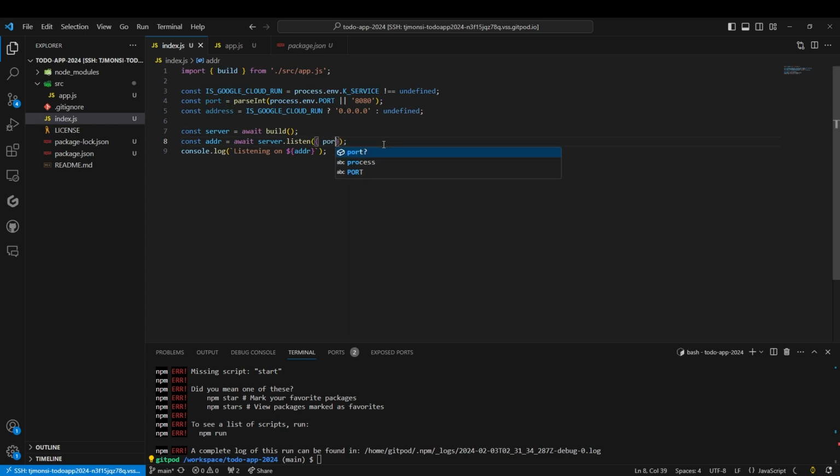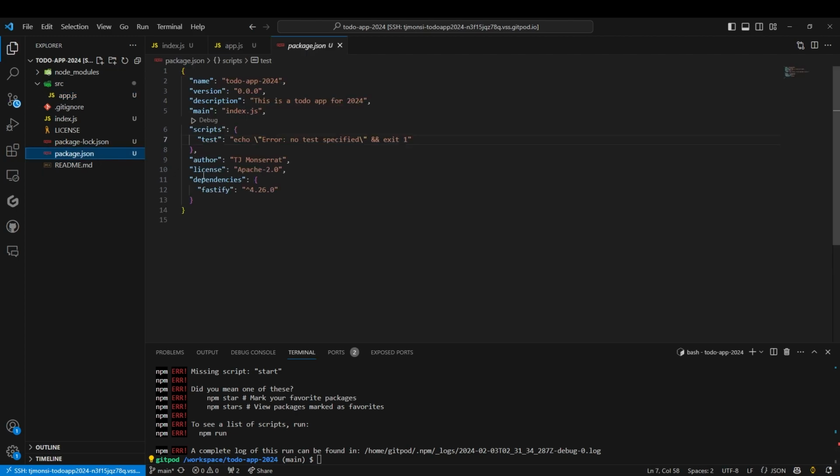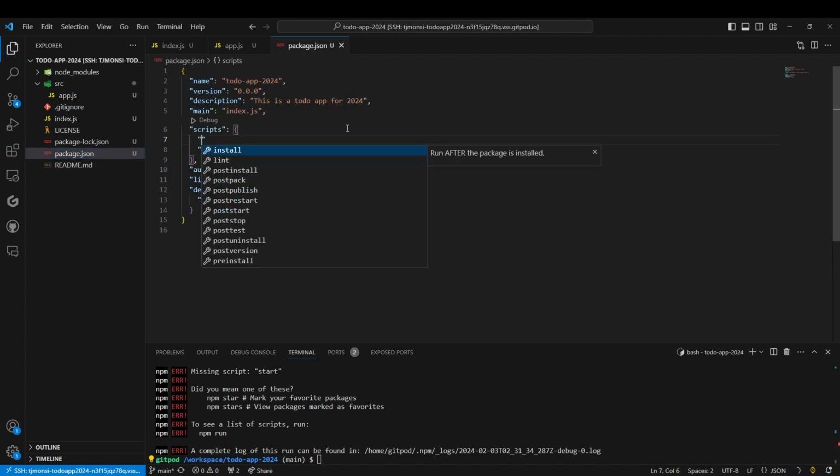Actually, we could just retype it as address. So this is similar to port and port address. So instead of just doing this, we can just do this and it will be the same. Yep. Okay, so going back, we'll add a start,